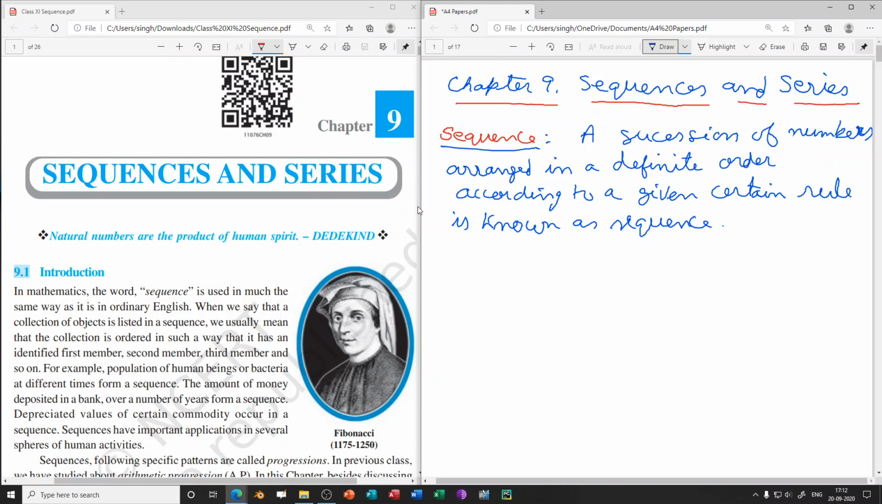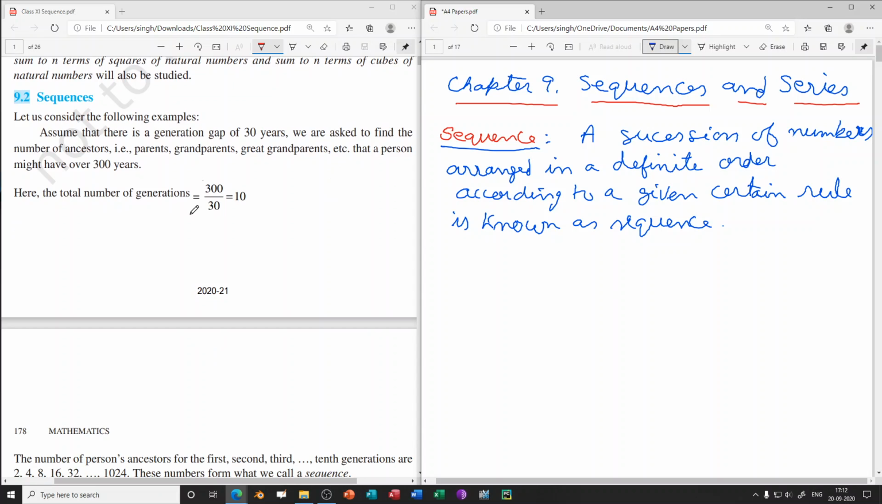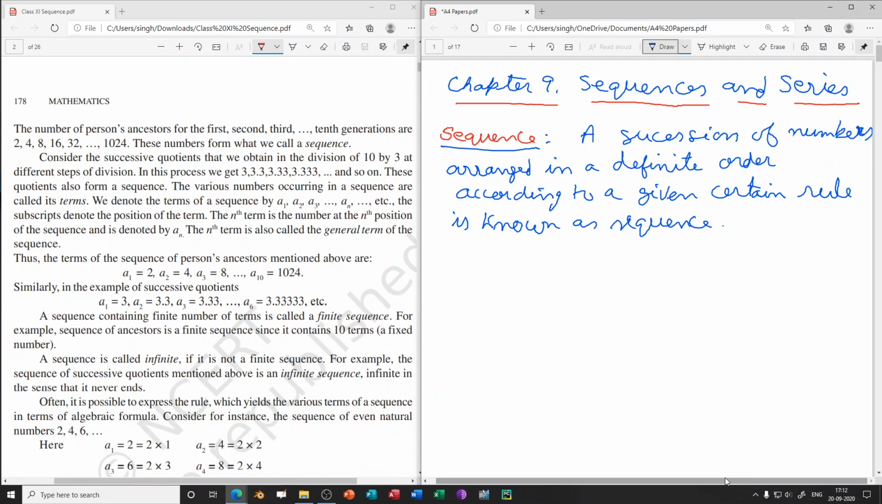Chapter number 9, Sequences and Series. First of all, we learn what is a sequence. So here we are having a succession of numbers arranged in a definite order according to a given certain rule is known as sequence. For example, let us take, say in the set of natural numbers, let us take